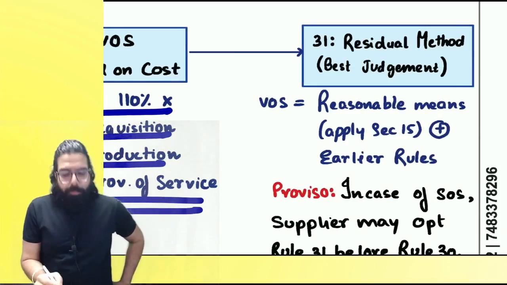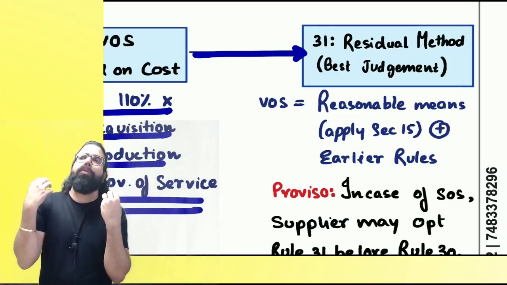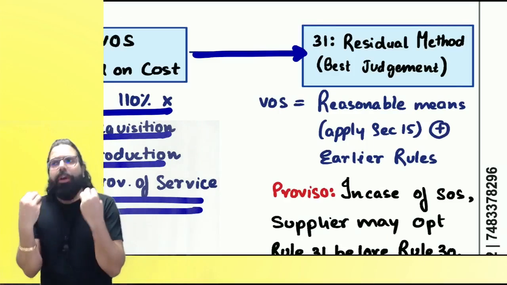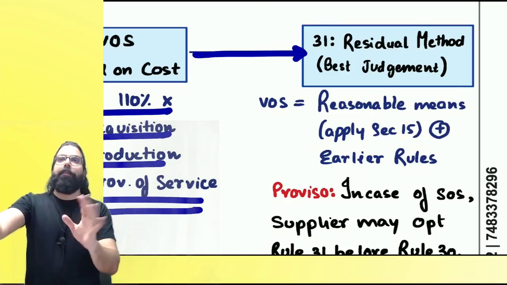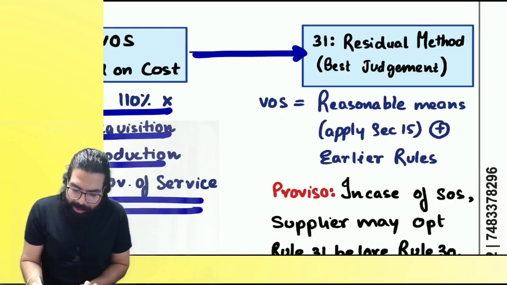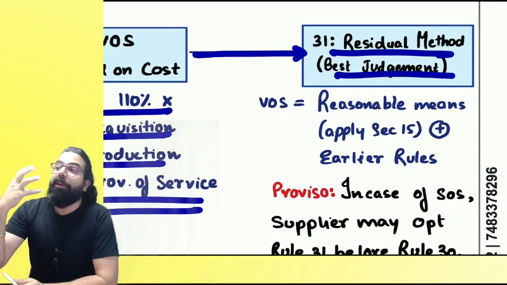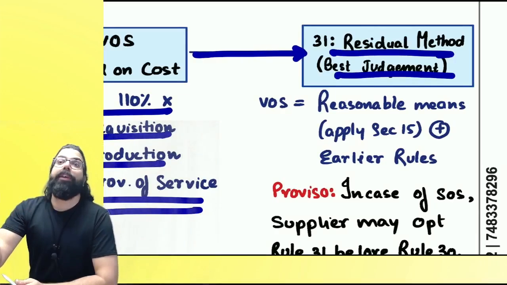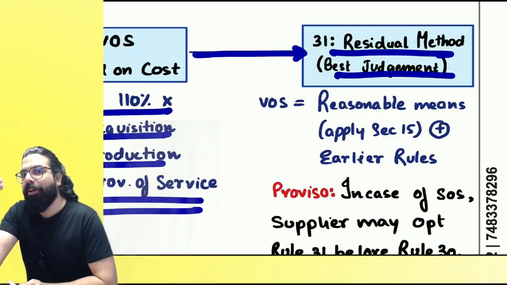Sir, if this is also not possible, then government is telling that if you're not able to find out cost of production or cost of acquisition, do one thing: apply your brain, the residual method. Can I go ahead, everyone? Now, supposedly, Venki provided me some service. Now, to find the value of the service, 110% of service? Baba, in service, brain is applied. Correct or not? Mostly in service there is brain applied, not commodity.